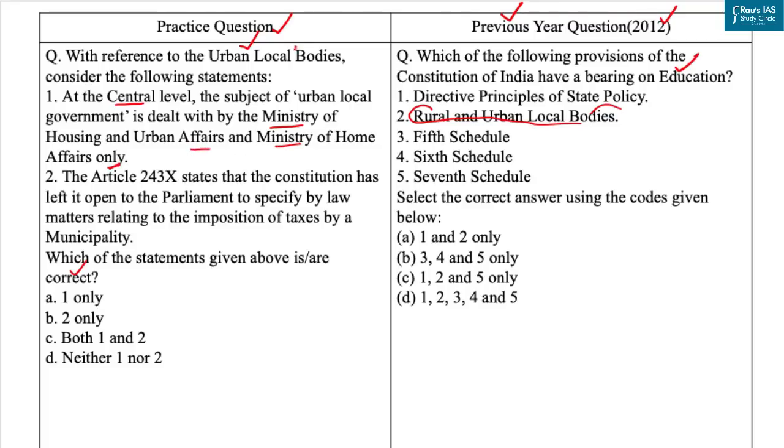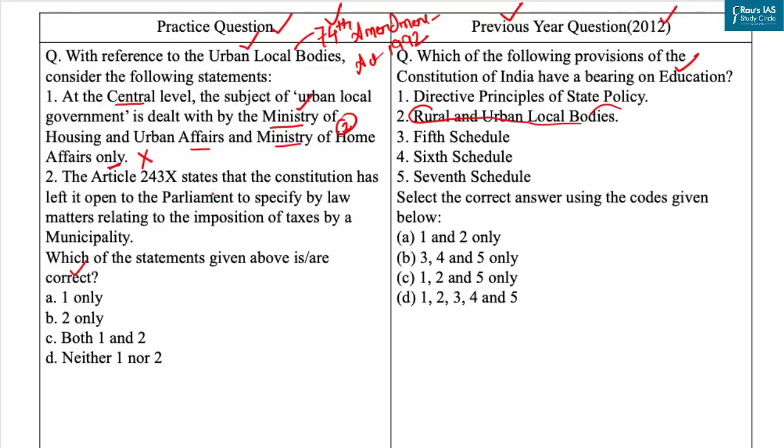Now, as you know, the 74th Amendment Act 1992 provides a basic framework of decentralization of powers and authorities to the municipal bodies at different levels. Also, at the central level, the subject of urban local government is dealt with by three ministries. First is the Ministry of Housing and Urban Affairs, second is the Ministry of Home Affairs, and the third one is the Ministry of Defence in case of cantonment boards. So here our first statement is incorrect.